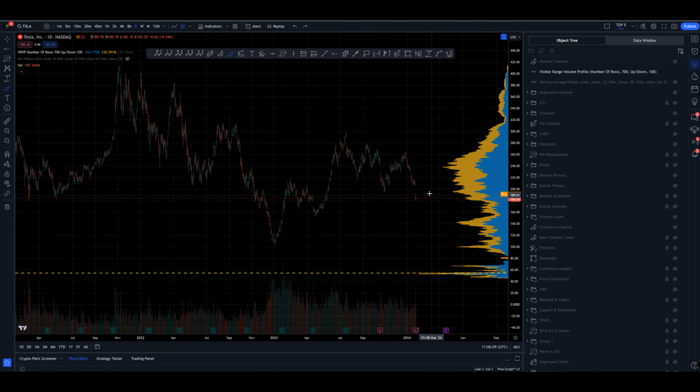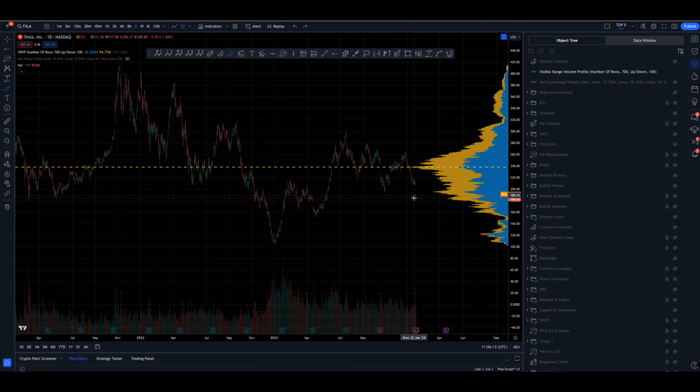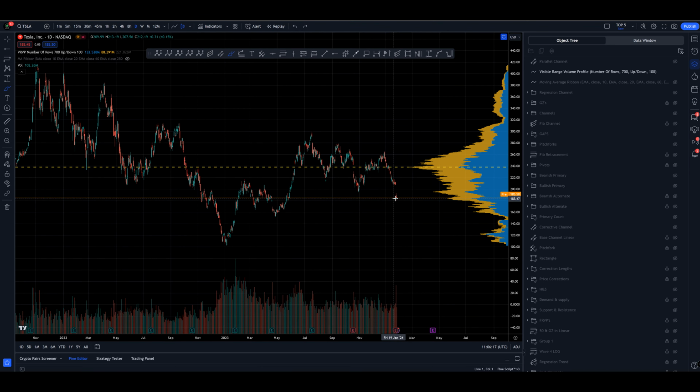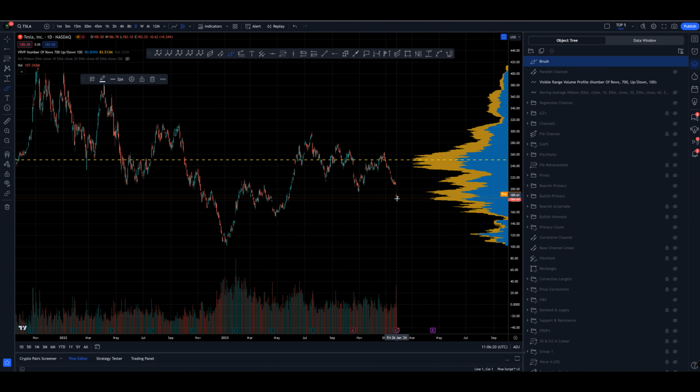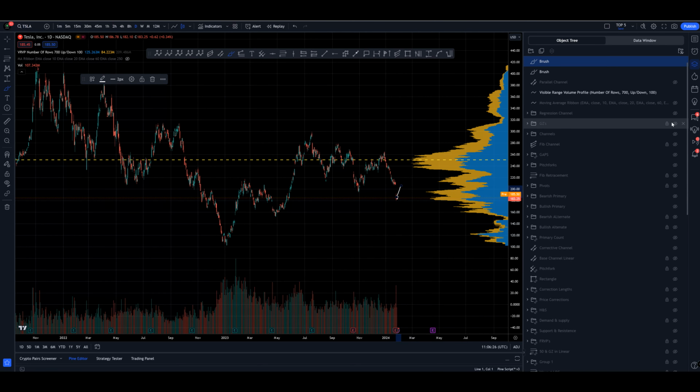So I'm actually, for the short term, like I said, short opportunities have come and gone. You can still enter short if you want, but you are chasing it at this point. But I'm actually going to be looking for a pivot. I'm going to be looking for signs of life out of here. I'm going to be looking for a bullish move up. And I think, given the levels we've come to,